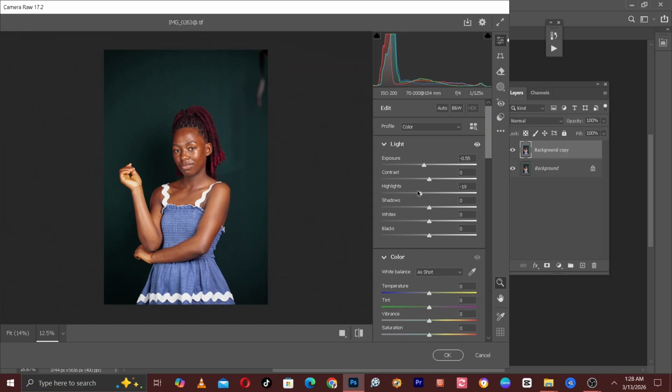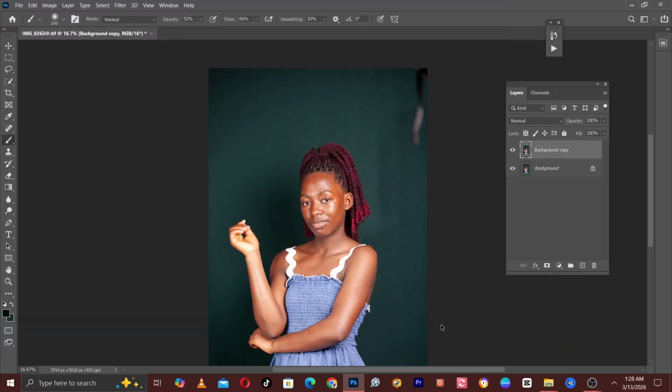Now we'll come and balance the whites and the highlights a little bit, and I will need to add a little bit of contrast to make it stand out. So as you can see, the before and then after so far. So after that, press OK,